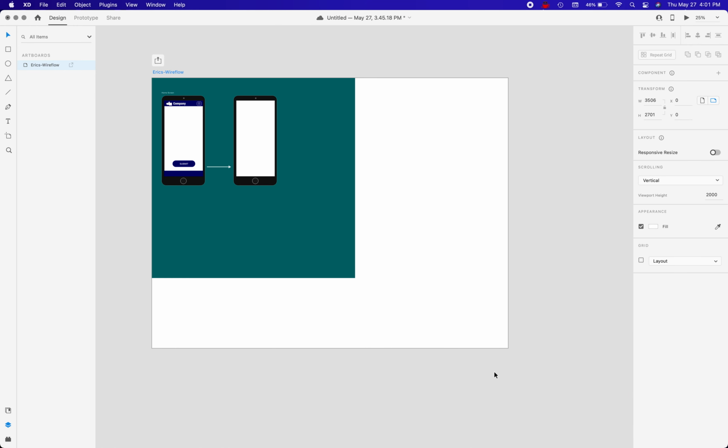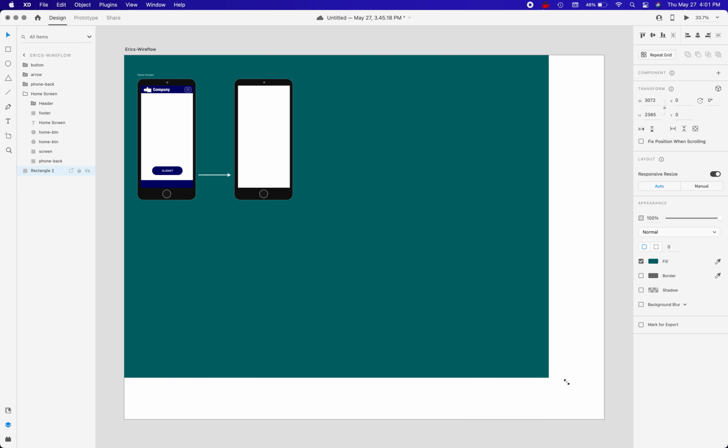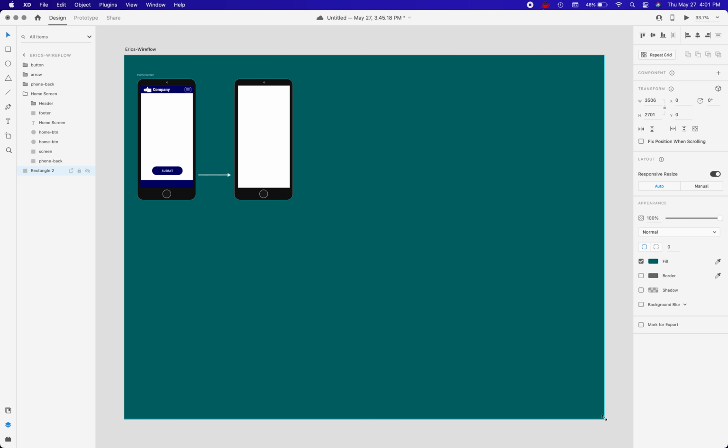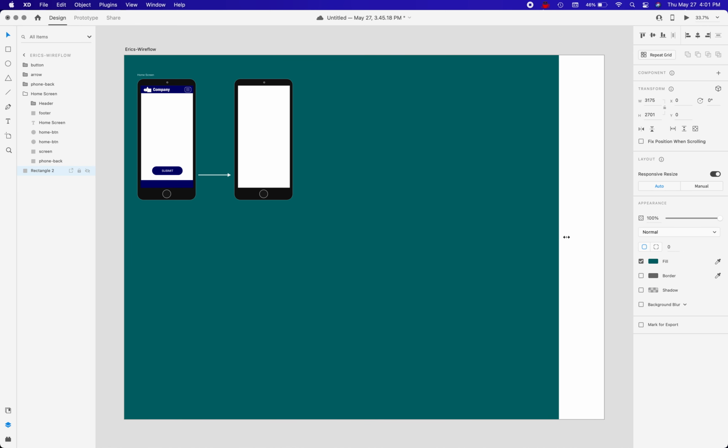I might need to zoom out a little bit to do that. And I'm going to grab this shareable area and drag that down. And now I can double click, grab that rectangle with my selection tool and size out my rectangle. And so now my artboard is significantly larger and it can hold a lot more screens. If it ends up being too big, I can just dial it back by grabbing the control points and resizing